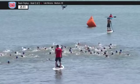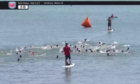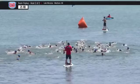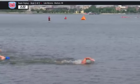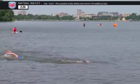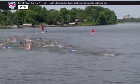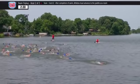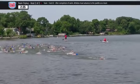These teams need to get out early, not just to have clear water in front, but to make sure you have clear room for your rescue sled on the second part. So these teams will navigate a 500-meter swim to begin. That's where we are. We are just underway, about 2.5 minutes into the 40-minute time cap. Once the four athletes return to the dock, they get the rescue sled. They will then hold on to it, paddle 500 meters, then run 2,000 meters once they return back to the